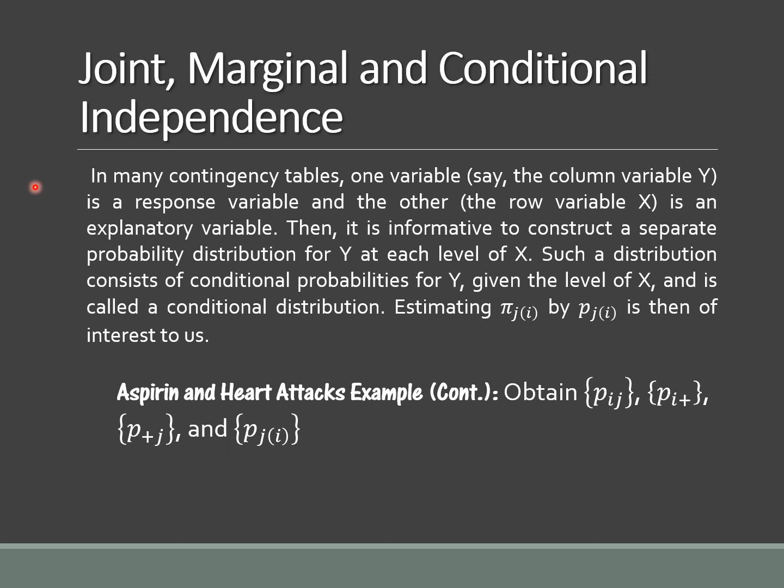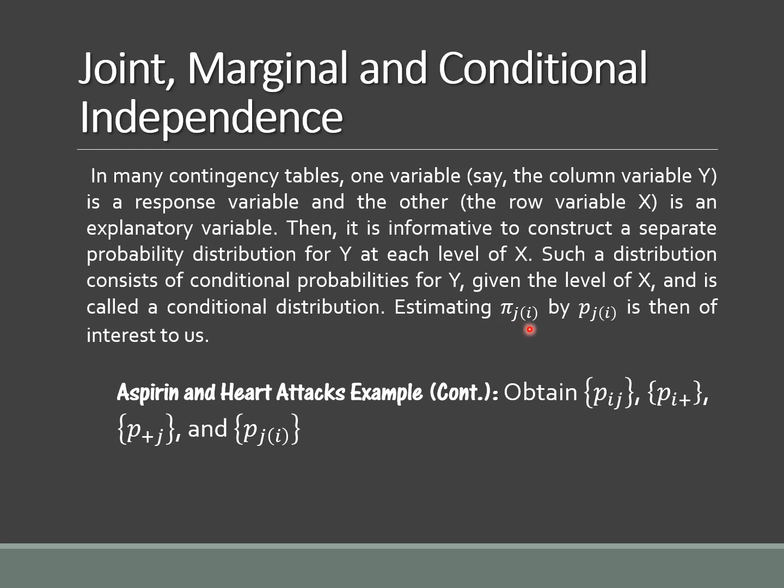Okay, so that's the reason why we have the conditional independence. Of course, for marginal probabilities, we don't consider the other variable. We are just looking at a single variable, say either x or y. For joint probabilities, we are looking at both x and y at the same time. But if we want to see the relationship of x going to y, then consider having this pi j given